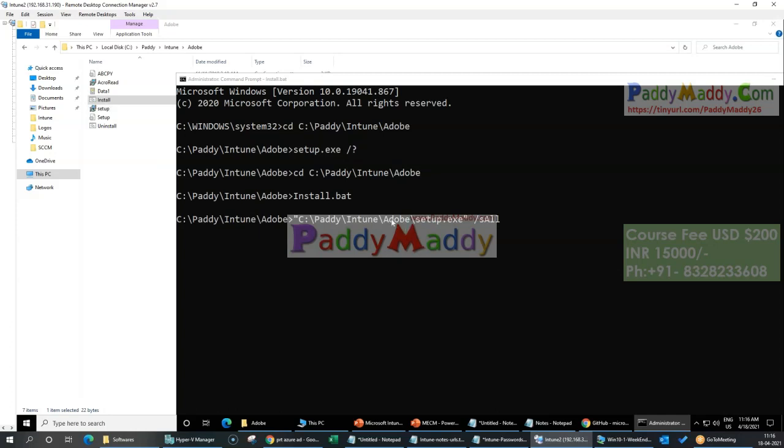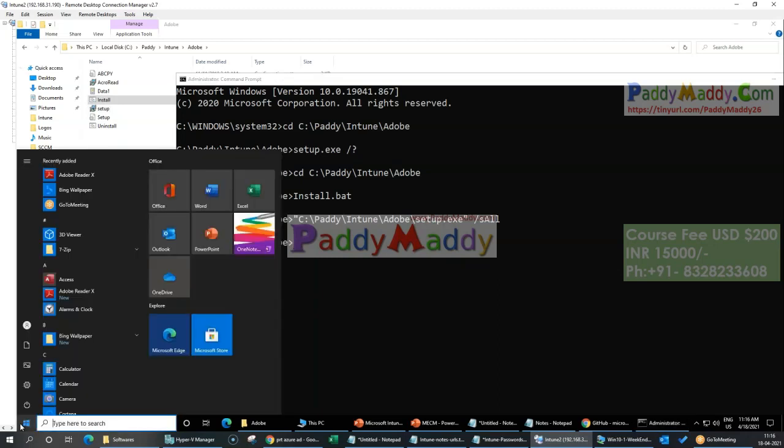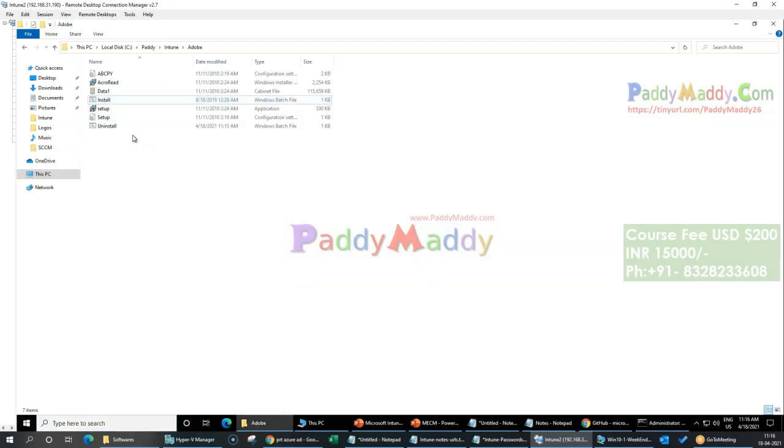So it's going to install the software automatically. You see, it's doing something in the backend. It has to finish that. See the cursor also, yeah, it clicked, it's done now. So if I just go back here, now Adobe came. So software is working fine, right? So I need to have it in this format. So once I have this format, what I can do is go to the Intune